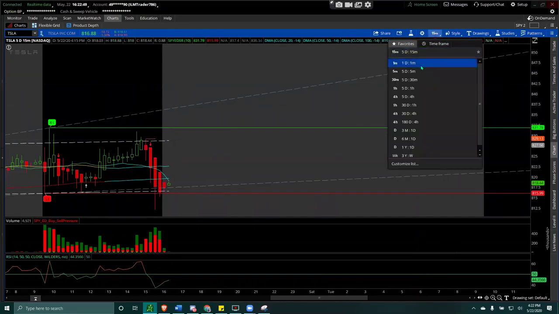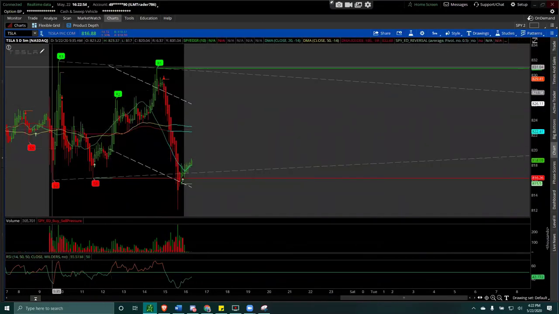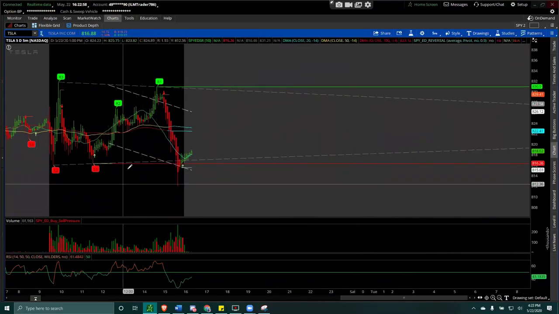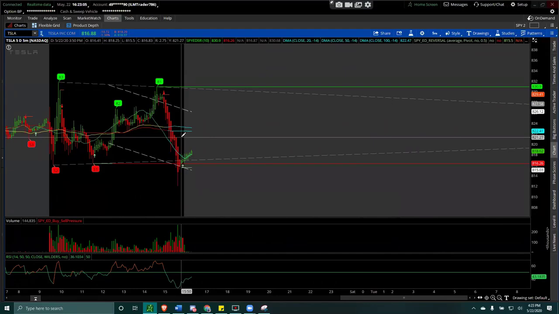And if you want to do quick scalping, obviously you could go to a shorter time frame, right? It's a lot more noise here compared to the 15 minutes. It gives you up and down, up and down. I mean, this is today's chart. It doesn't really give you a good sense. It's just up and down.